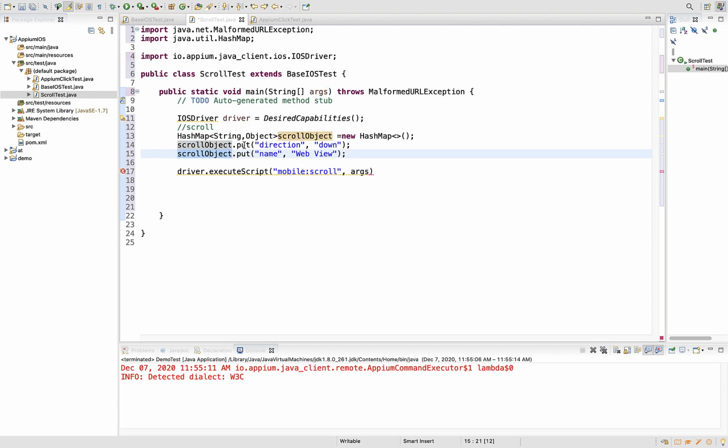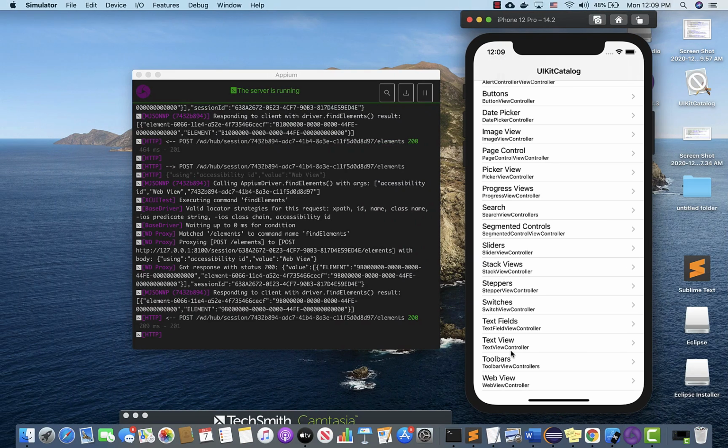Now this object has all this knowledge. Now carefully copy this object and paste it here. I told you, right? Execute script takes a hash map object as the second argument. So you have to feed all your values into your hash map object, and then you have to send it as a second argument. And once you do that, then this will get into visible mode.